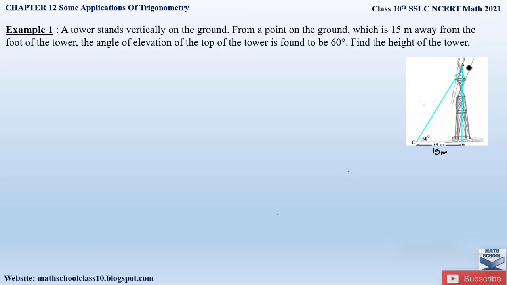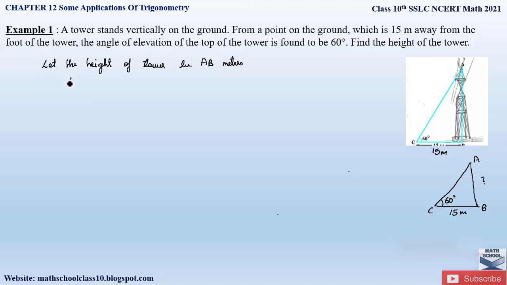Now we have to find the height of the tower, right? So how do we do that? Let us draw another figure here. Let us consider this as a vertical tower standing on the ground, at a distance of 15 meters from a point C. So this is 15 meters, and the angle of elevation from this point C to the top of the tower is 60 degrees. If we name this tower as AB, we have to find the height of the tower, or the distance AB. So let us write down: let the height of the tower be AB meters.